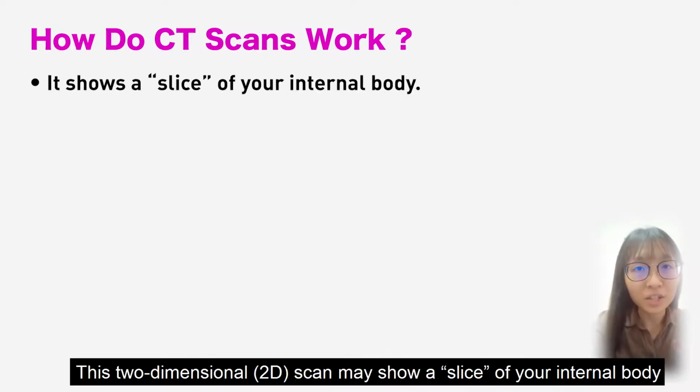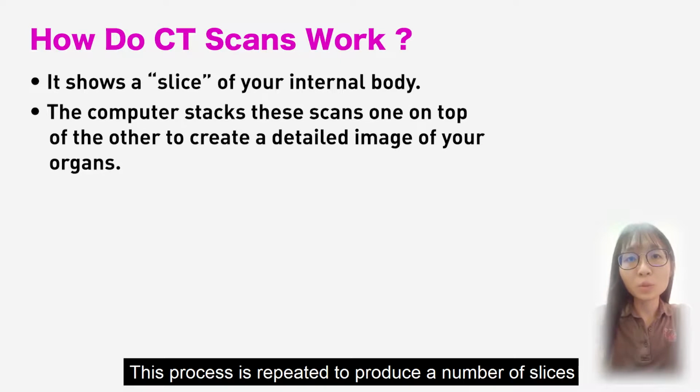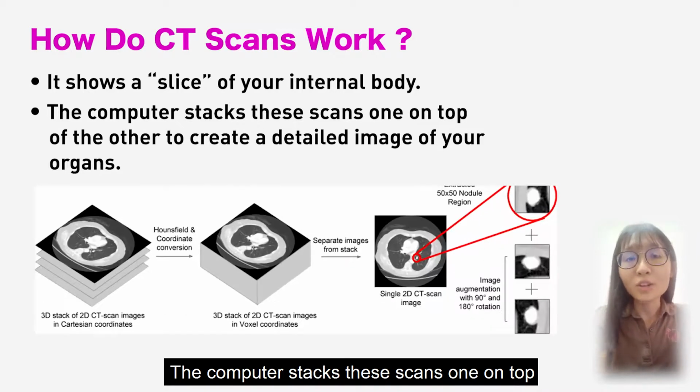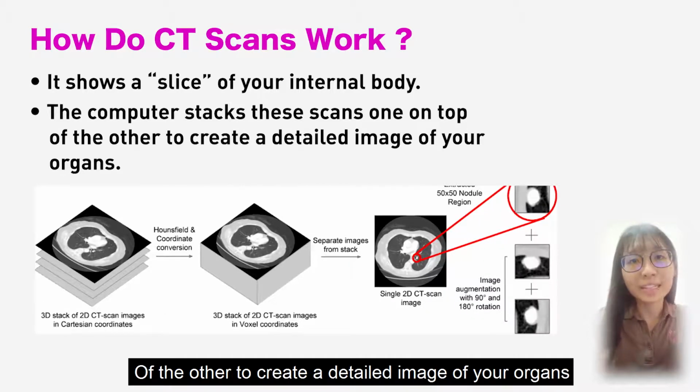This two-dimensional scan may show a slice of your internal body. This process is repeated to produce a number of slices. After that, the computer stacks these scans one on top of the other to create a detailed image of your